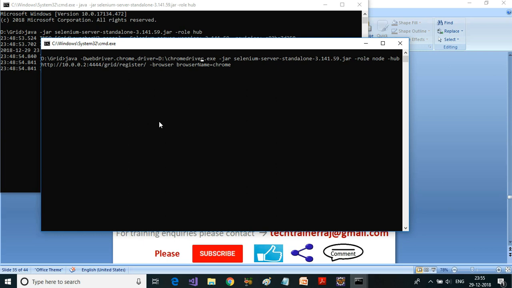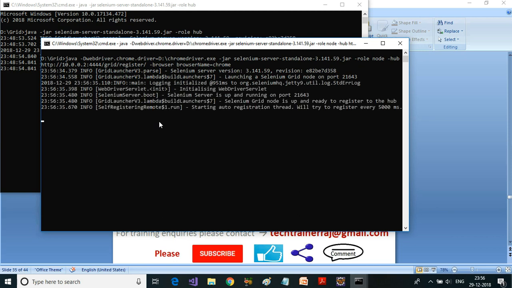The command will be first java followed by the WebDriver location with -Dwebdriver.chrome.driver, and this is the location of the WebDriver, followed by the jar file, which is the Selenium server standalone jar file, and the role here is node, and to which hub it is going to register is provided by -hub, and the URL of the particular hub which we ran earlier, and the browser capability, I'm going to say use the browser name as Chrome. Okay, enter.